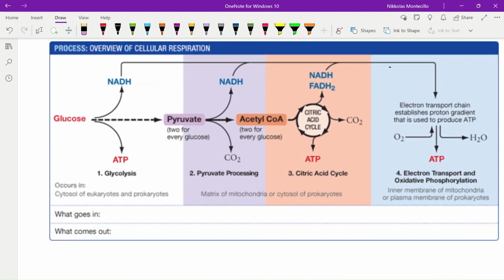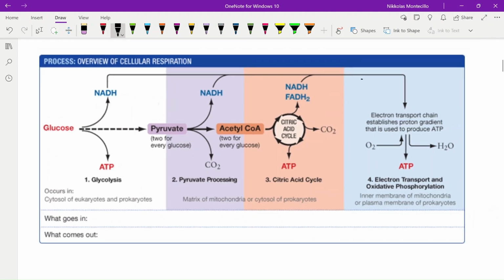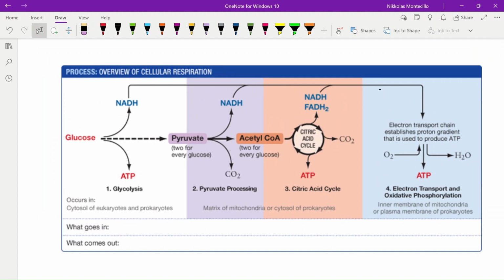For pyruvate processing, or the fates of pyruvate, because there are multiple pathways that pyruvate can take upon glucose being oxidized into pyruvate, pyruvate can undergo several reactions depending on what the cell wants to produce. Pyruvate processing occurs either in the matrix of the mitochondria for eukaryotes or the cytosol of prokaryotes. And then we have the citric acid cycle, or the TCA cycle, which occurs primarily in the mitochondrial matrix